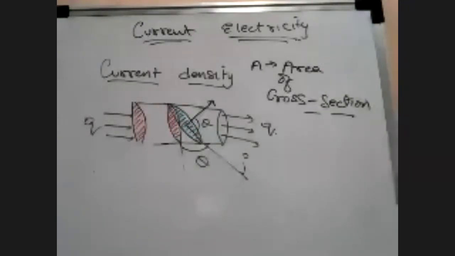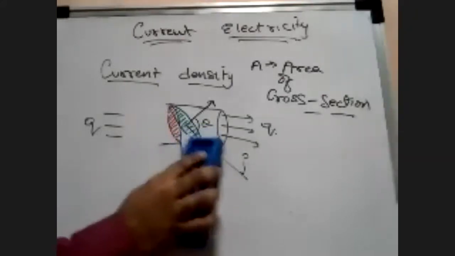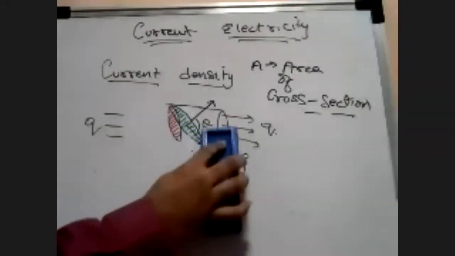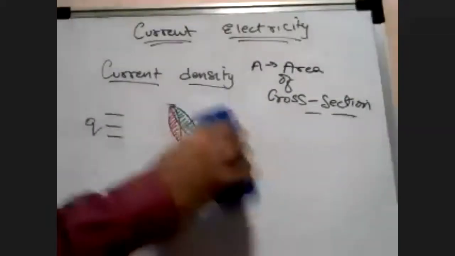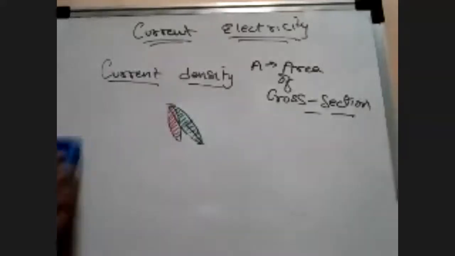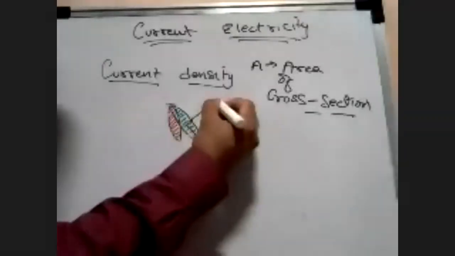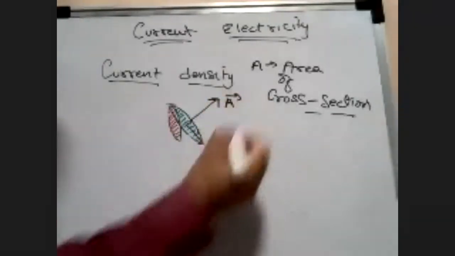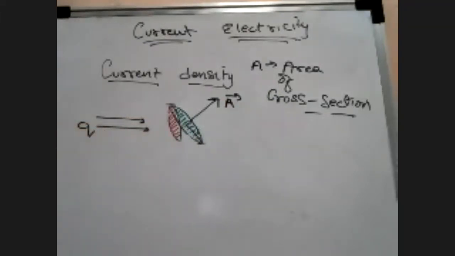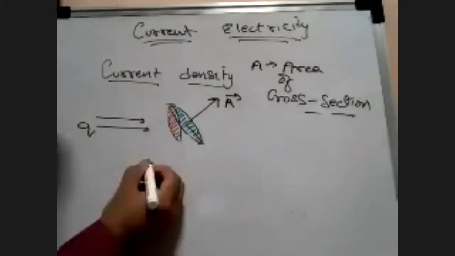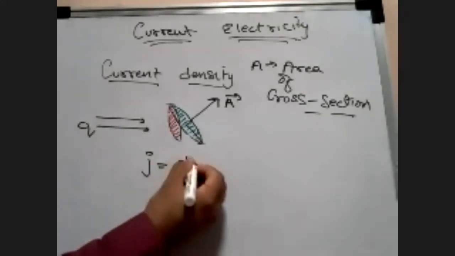Forget the cylinder itself. Let's say that the area I have taken is not based on a cylinder. It can be basically any shape. If I say that the area of cross section at a certain angle will have a certain area vector, this green color which I am considering will have an area vector normal to it like this. But my current is flowing like this through the cross section. So if I want to find out the current density, then I know it is going to be di upon dA.